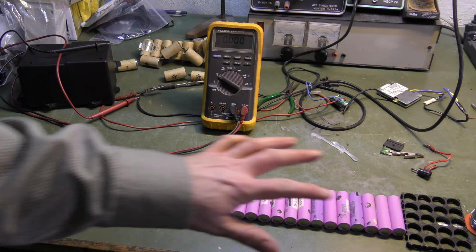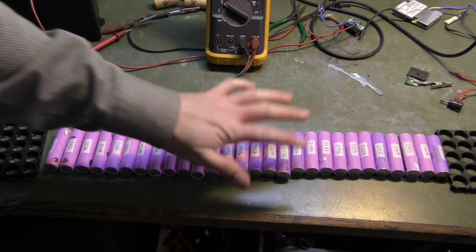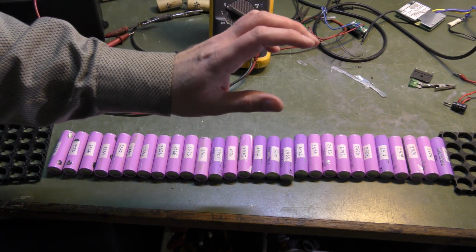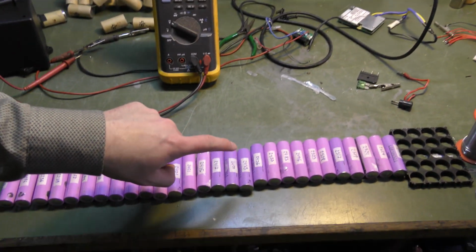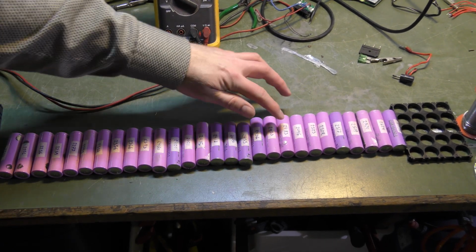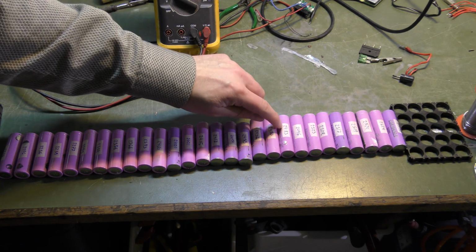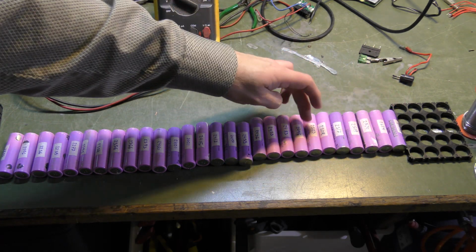So I'm gonna line them up by capacity, and we'll do something really easy here. So this battery has been tested. First I've charged them, and then I've discharged them on one of these smart chargers over here, and they have been discharged at 500 milliamps. See how long they could do that, and the amount of power inside of them has been registered, and I've put it on a piece of tape here. And so now I've put them in order from